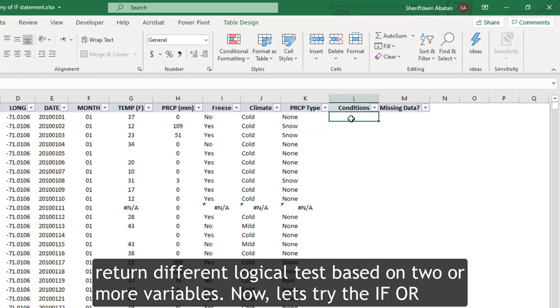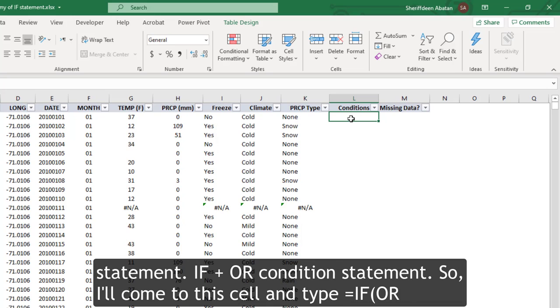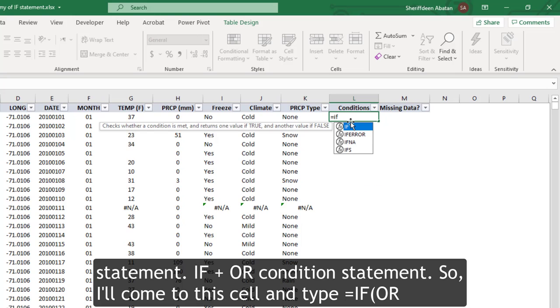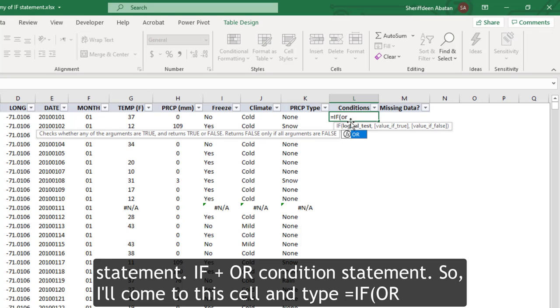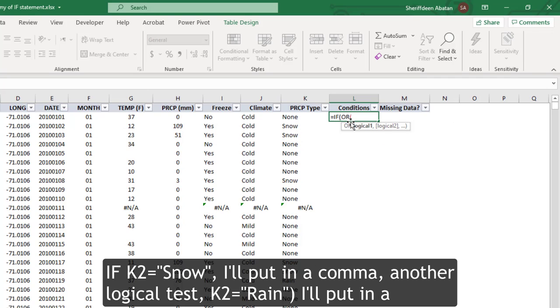Now let's try the IF plus the OR conditional statement. I'll come to this cell and type equals IF, and instead of AND, this time I'll type OR. So I want, if K2 equals snow, you know, we're playing with snow,